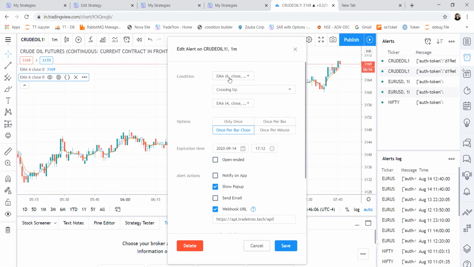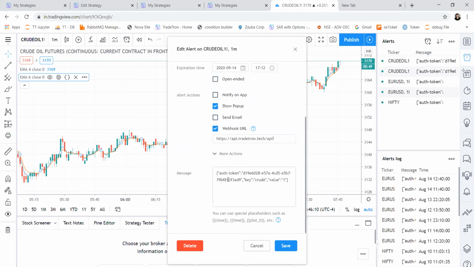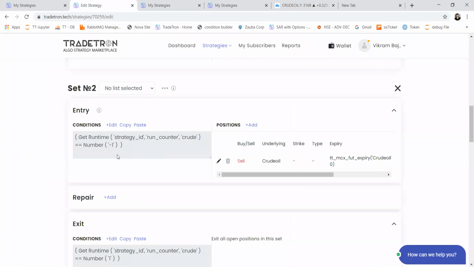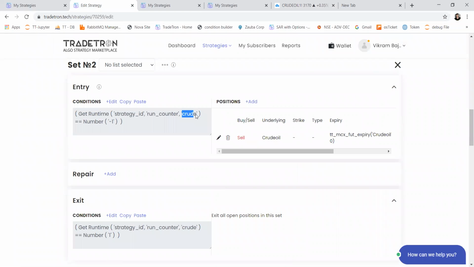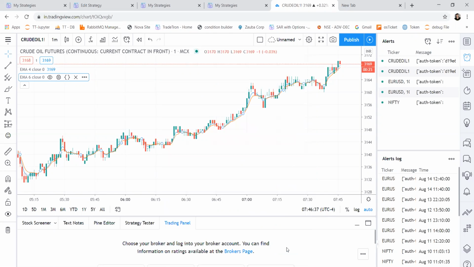So if now my slow EMA crosses above fast EMA, then I want to take a short trade. So here my value will be -1. The API auth token will remain the same. You don't need to change that. Your key will also remain the same because in set 2 as well, we have used the same variable called crude. Just the value is -1. So when it is sending value -1, then we have to take a short trade. Click on save.